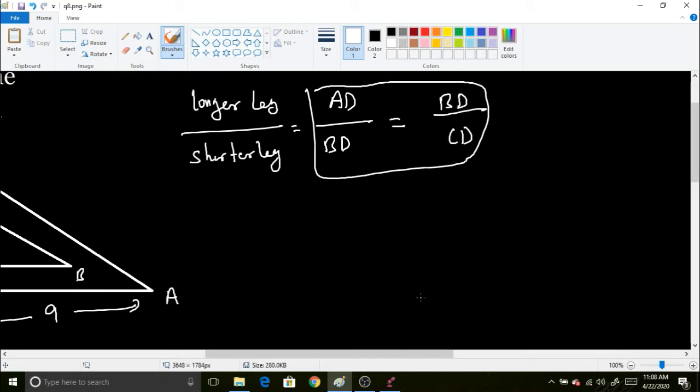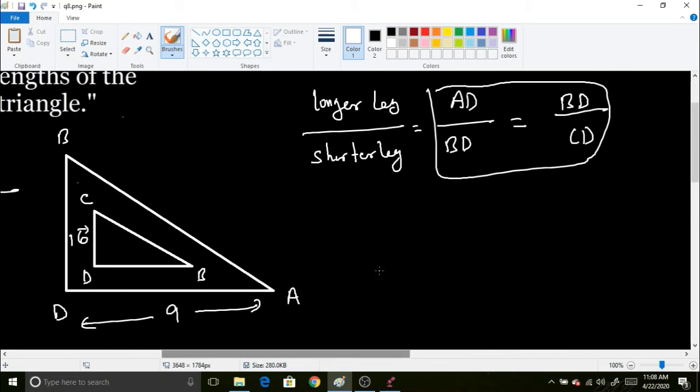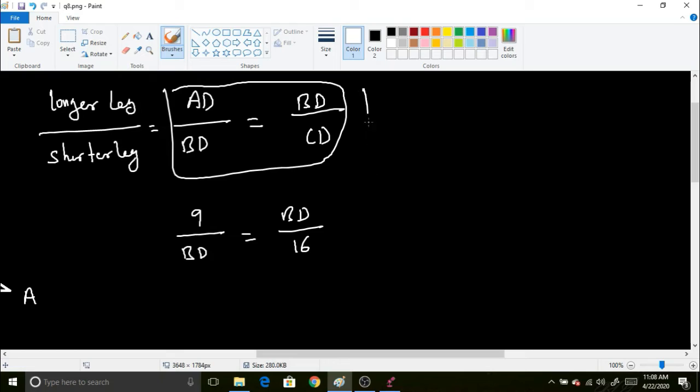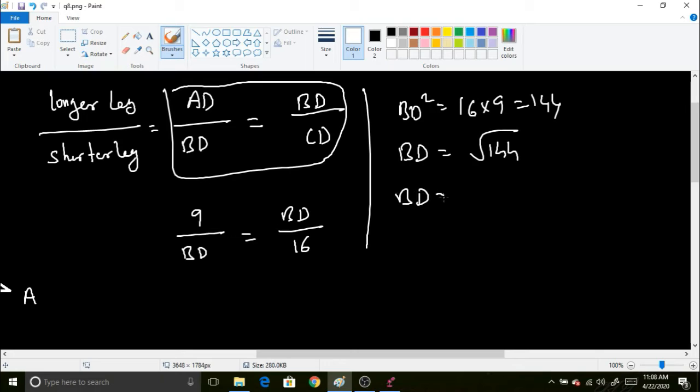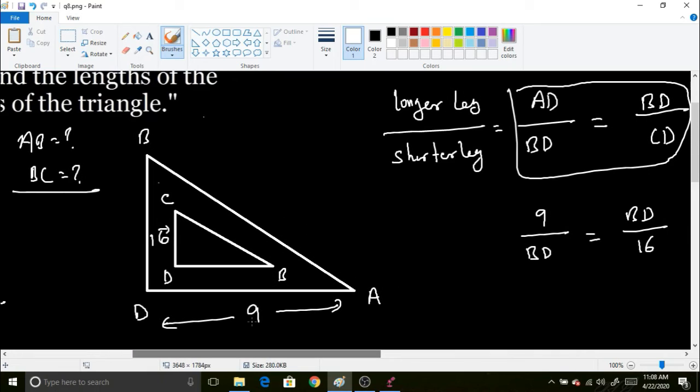So the value of AD is 9, which means 9 divided by BD, which we don't know and have to figure out, will be equal to BD divided by CD. CD is 16, right? So cross multiplying, we get BD square equal to 16 into 9, which means 144. So BD will be under root 144, which means BD is 12 feet. So we have got the result. BD is 12 feet, which means this side will be 12 and this side will also be 12. Now